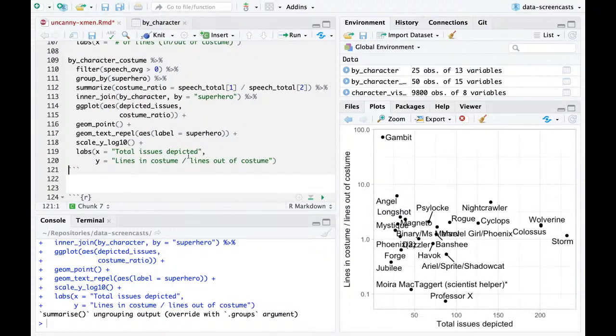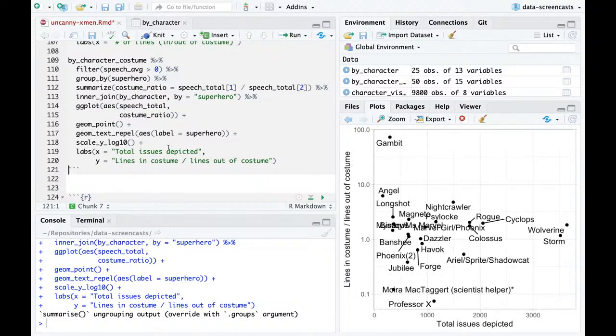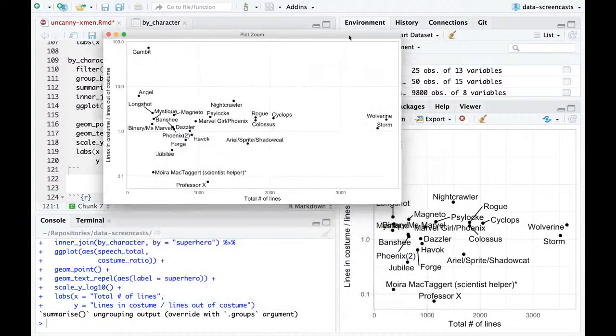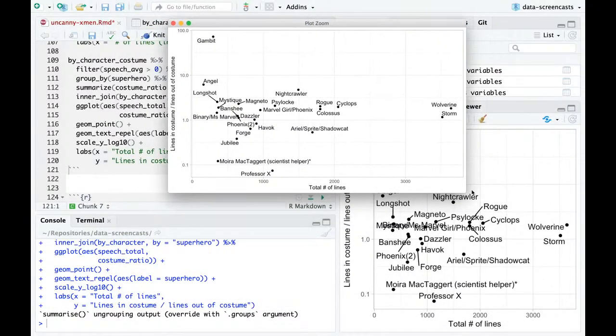Here I'd probably want total lines. Oh man, I could have done this so much easier. I could have done the sum of the number of lines, and that would have been better than issues depicted. Yeah, I think actually I want the x-axis to be the speech total. Selene, look at me go. Total number of lines. Yeah, why not? All right. Then I didn't, yeah, okay. So